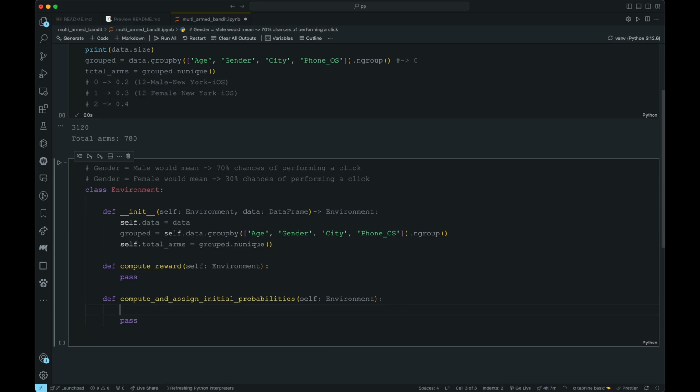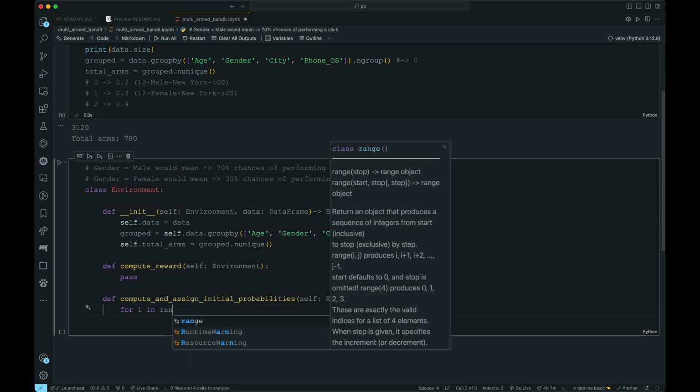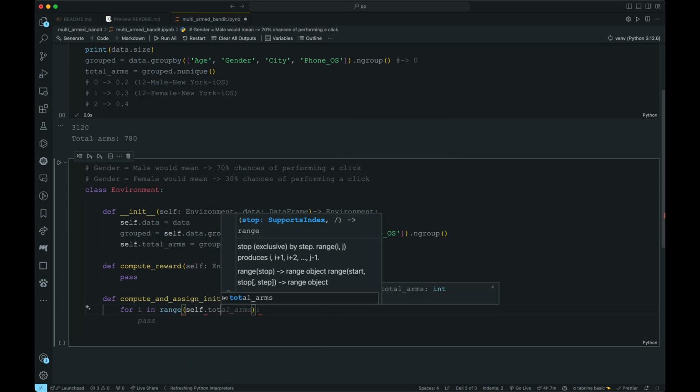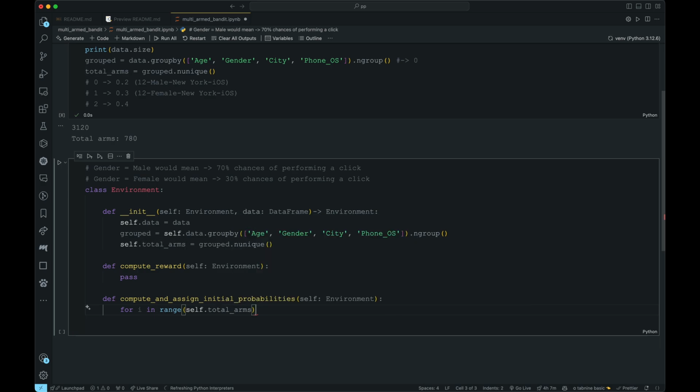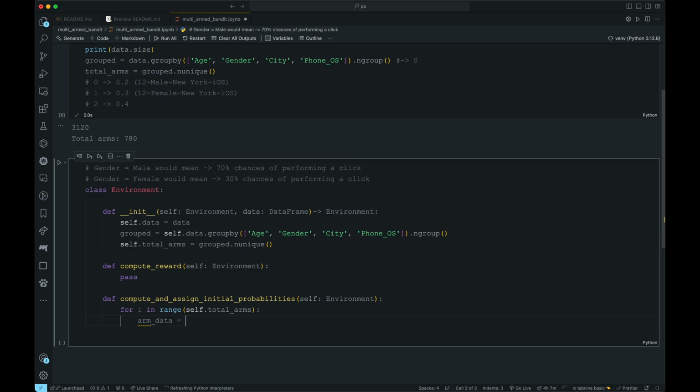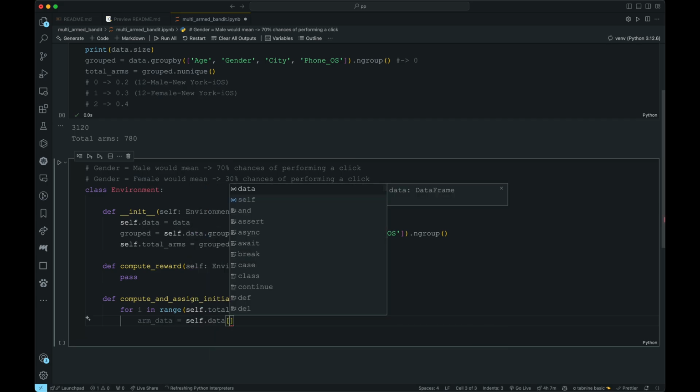So we will do it like this, and I guess we can get rid of pass. For i in range self.total_arms. Okay, so we want to iterate through each of these and then generate a probability. So first we need to do arm_data, which is corresponding to the self.data, where